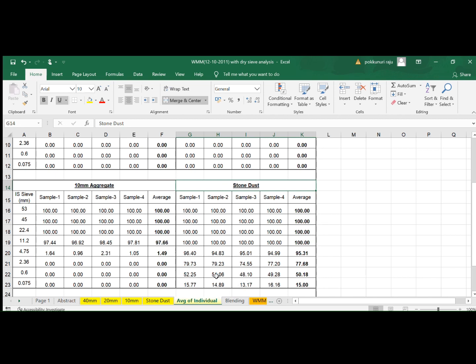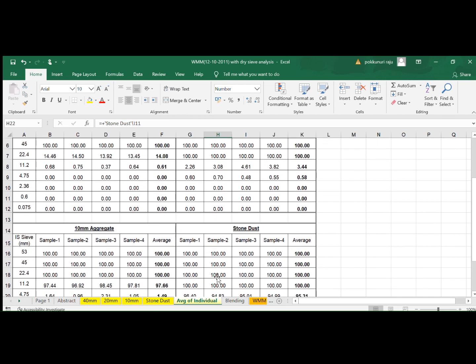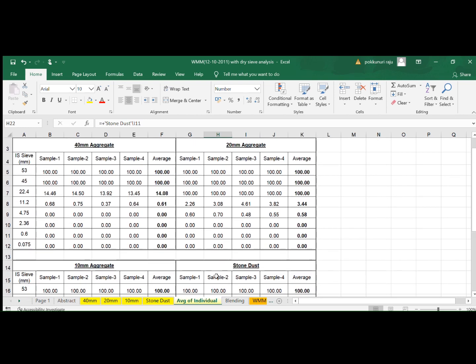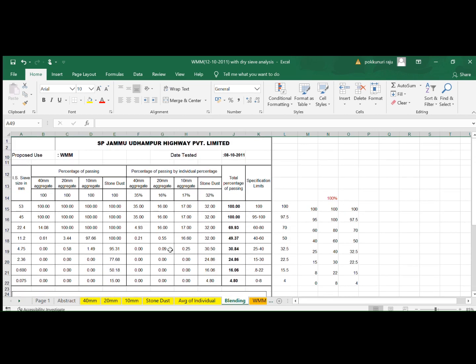Now, after getting the average percentage passing of each type of aggregate from the set of sieves utilized for WMM grading, we try to develop a theoretical blending. That means you have a percentage passing for the individual aggregates, which are 40, 20, 10 and stone dust.